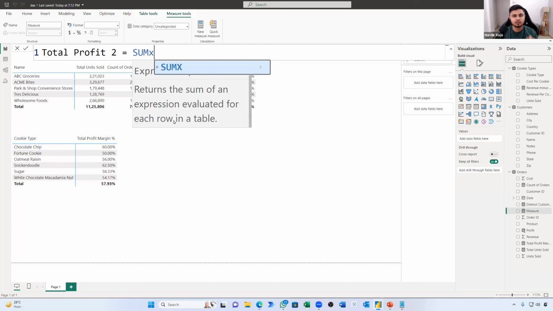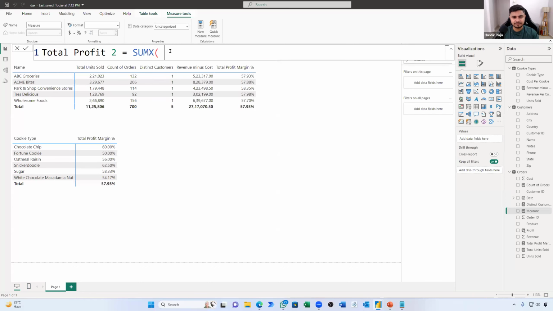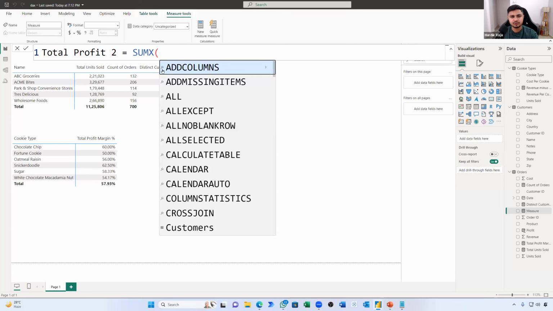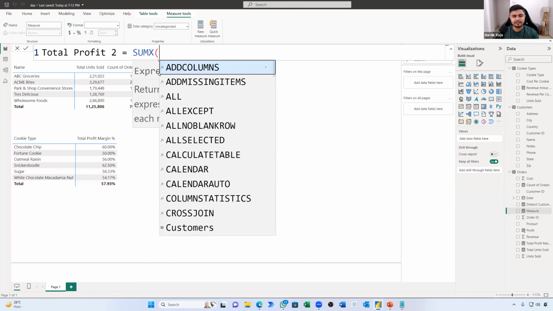We are doing it row wise because that is how we have data in our hand. I'm going to click on tab. Now it will ask me for two things. It might not be visible in your case. Let me see if I can show it to you. Just a sec. It might be visible in your case. I've zoomed in a lot, so that's the reason you might not see it.